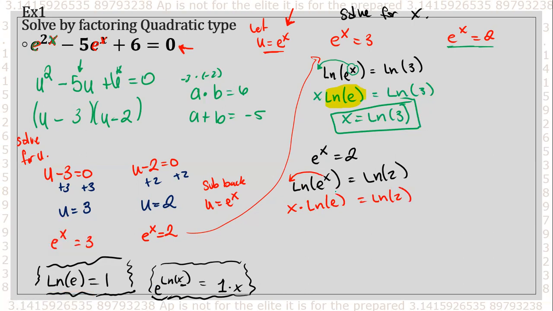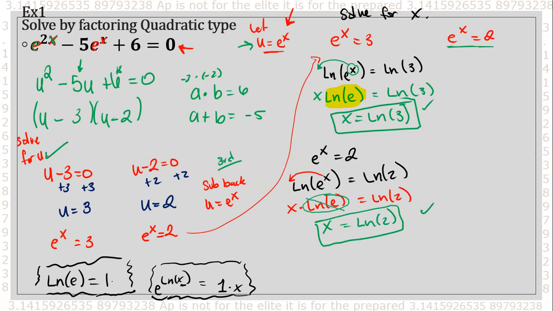Now we can go ahead and see that ln and e are inverses, so they equal 1. So I'm left with x is equal to ln of 2. Okay, so this right here is your other solution, and both of these are the real solutions. Okay, so pretty much we used substitution to solve for this entire function in terms of u, right? Then we substituted it back,